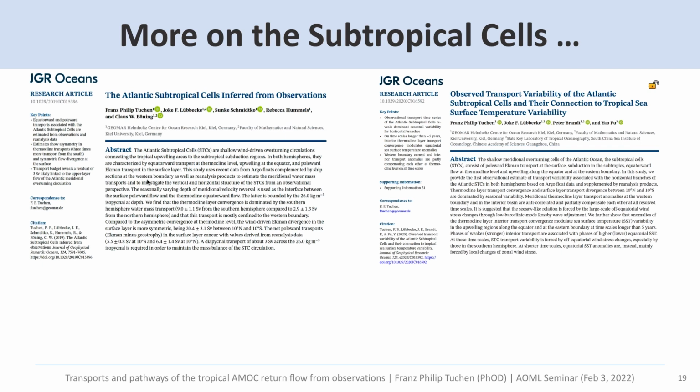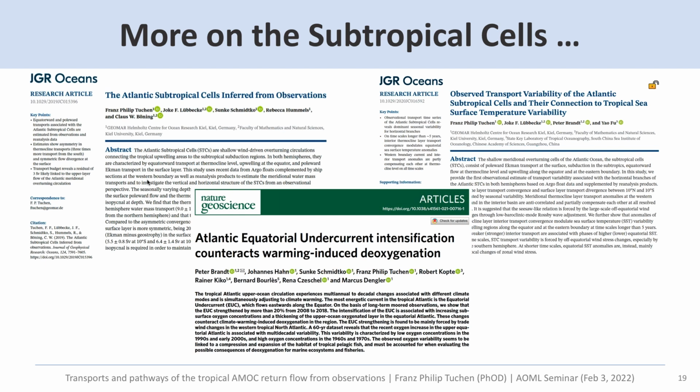And with all these different sections and Argo data, we try to come up with a coherent picture, or as coherent as possible, from Argo data about the AMOC return flow. So this is something that so far has been largely seen in Lagrangian model studies or using drifter data for the surface parts. Okay, and then just if you're interested in subtropical cells, because I did a lot on this